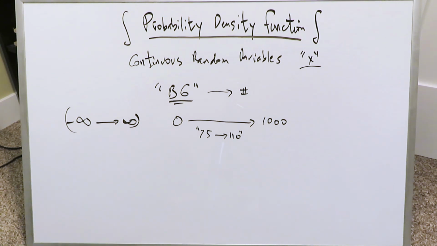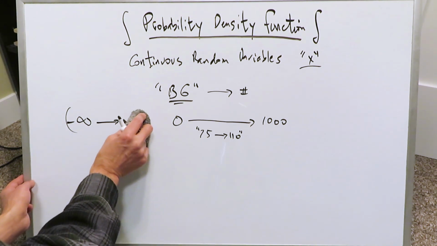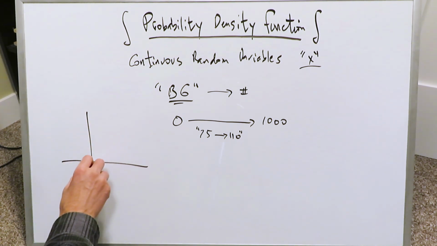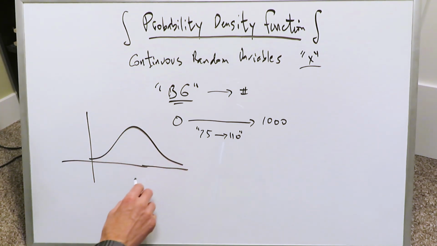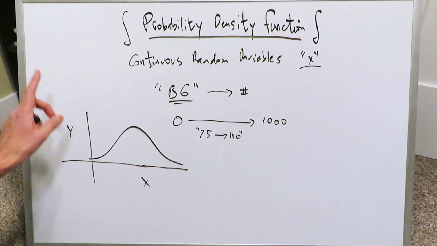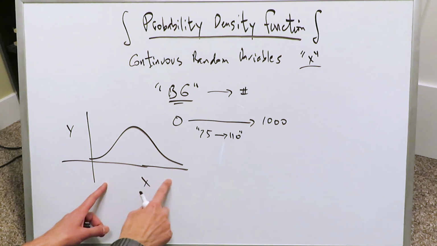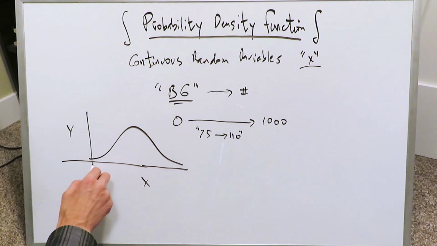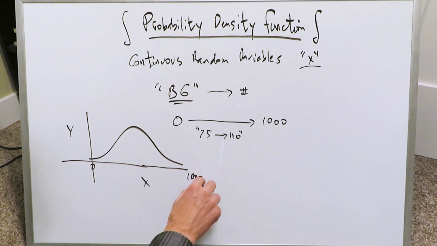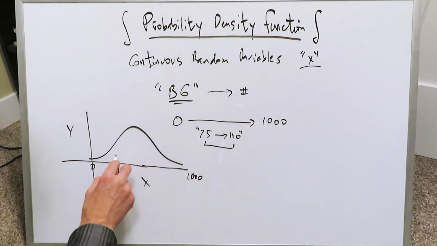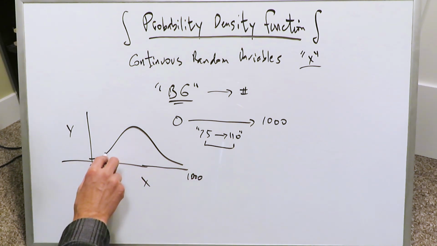You can use probability density functions to represent all of this graphically. If you're looking at a distribution curve, something which would look like this, you'd have your x-axis, your y-axis, very likely the probability over here, and the sample value over here. If you're looking at everything from 0 to 1000, we can do 0 to 1000. But if you're looking at everything from 75 to 100, you'd be looking at something from here